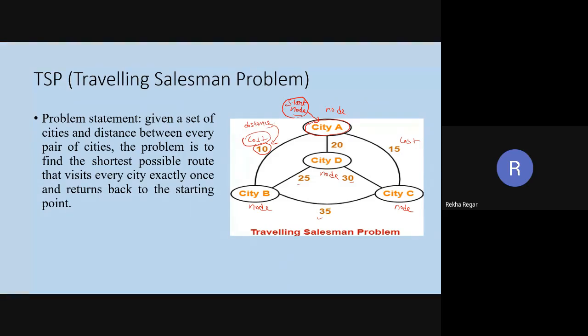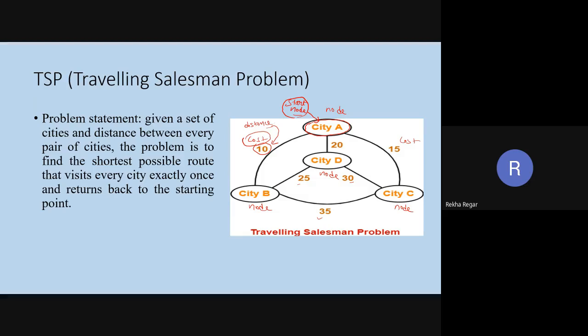Kayur is saying that 3. So in these 3, which one is the smallest one? For B the distance is 10, for D this is 20, and for C the cost is 15.